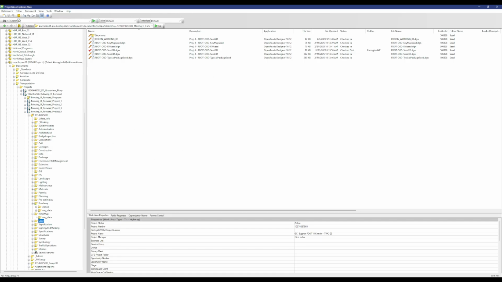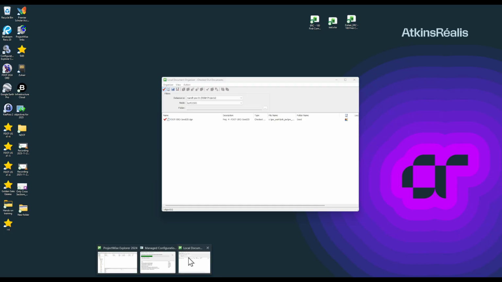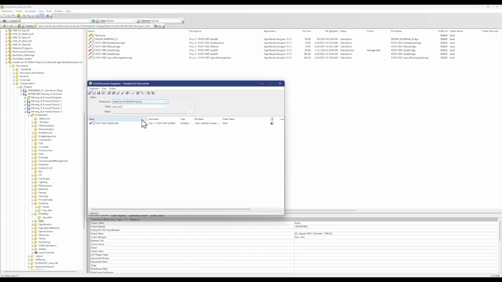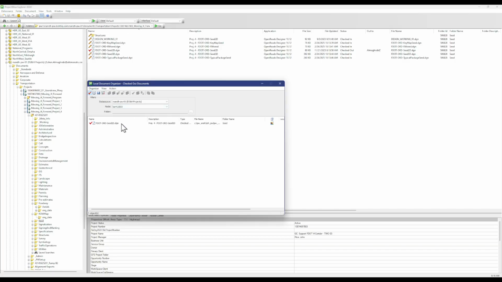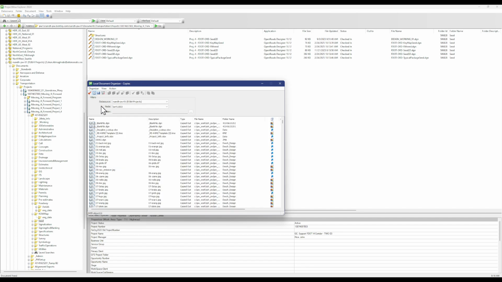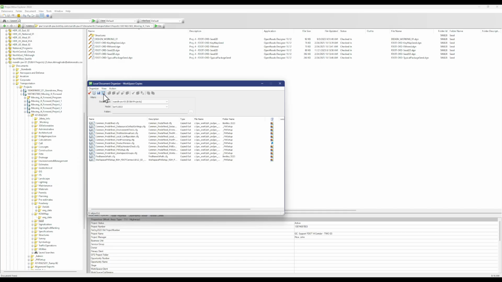But what does not glitch is this. You can go to Tools, Local Document Organizer. You can see it here. You can just click on it and free it. After that, if you want to do a full reset, a reboot of ProjectWise from beginning to end, meaning next time you open it, it's going to bring everything fresh,